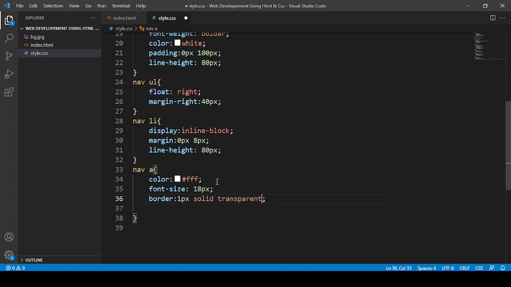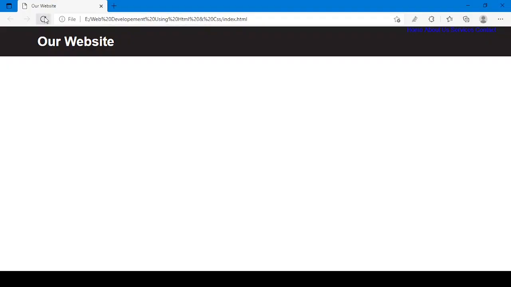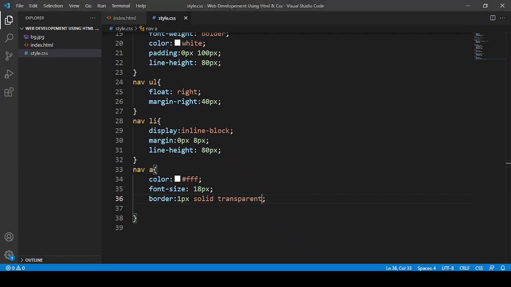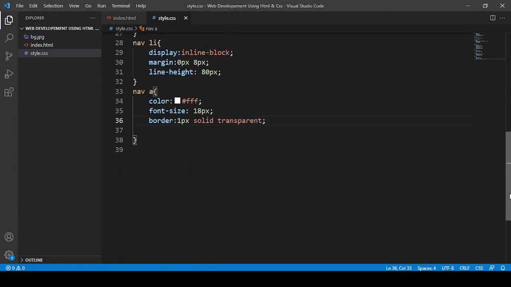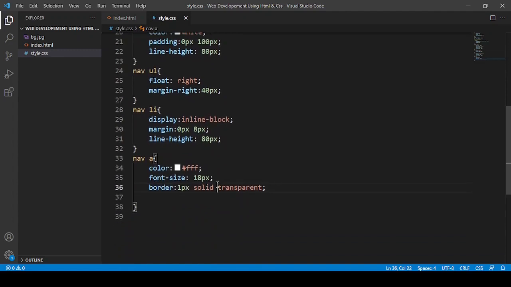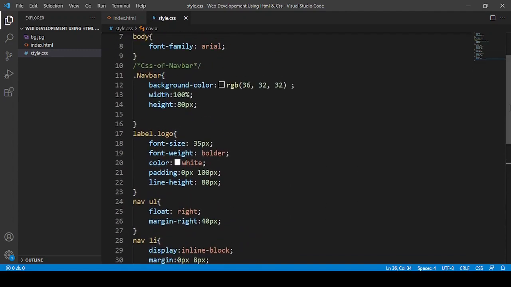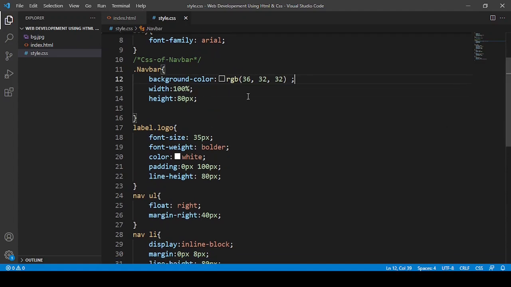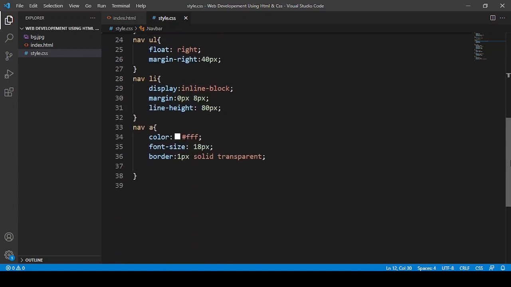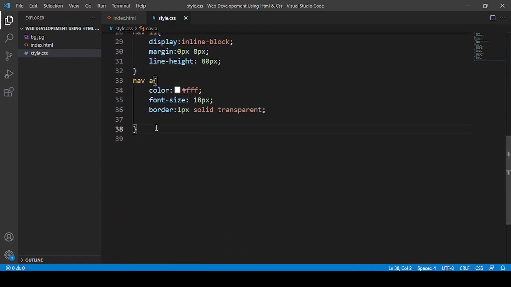and I'm going to say transparent. And now if you just reload here, see, wow, it is looking nice. Yeah, it is looking very nice. I'm happy with this. After doing that much, one thing I want to tell you today is that in the navbar, this background color I will change in just a moment. Why I will change it, I will tell you in a moment.